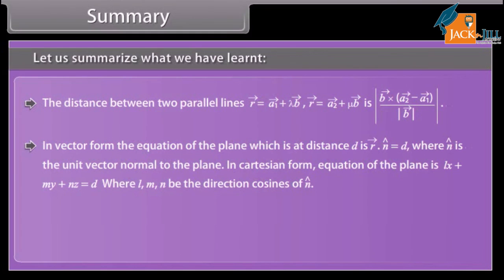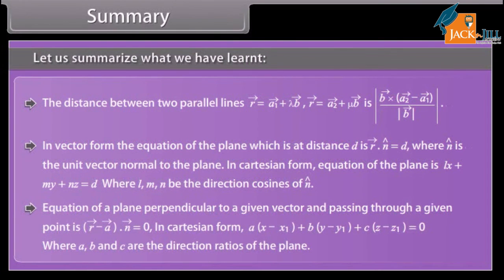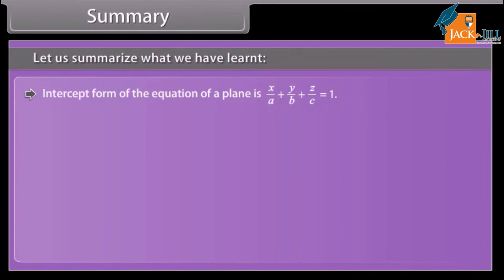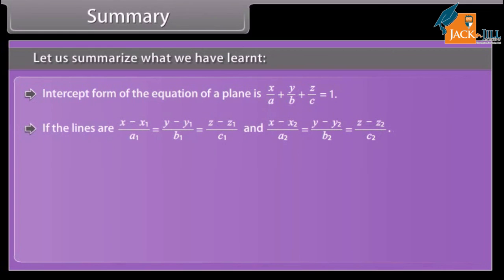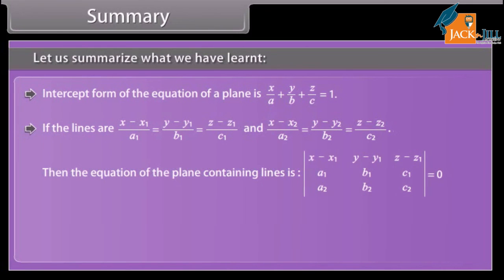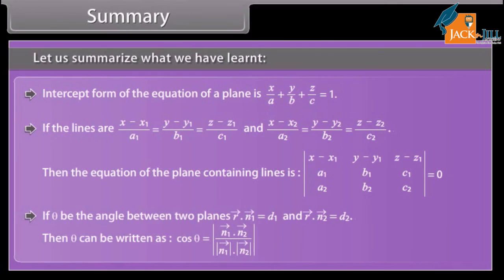In Cartesian form, the equation of the plane is given by, where l, m, n are the direction cosines of cap N. The equation of a plane perpendicular to a given vector and passing through a given point is, in Cartesian form, given by, where A, B, and C are the direction ratios of the plane. Intercept form of the equation of a plane is given by. If the lines are given, then the equation of the plane containing the lines is given by. If theta is the angle between two planes, then theta can be written as